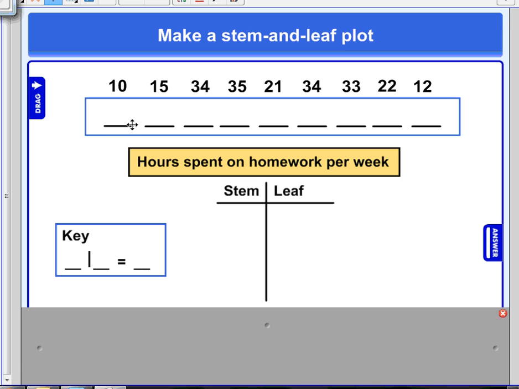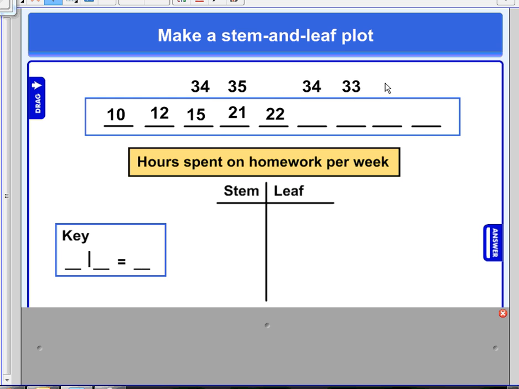All right, so here's what we're going to do. We're going to take this wonderful set of data and we're going to go through the process of making a stem and leaf plot. I have this set of data, and this is hours spent on homework per week. So we have 10, 15, 34, 35, 21, 34, 33, 22, and 12. And we need to put them in order from smallest to largest. Our first step is to put them in order from least to greatest. Our smallest number is 10. The next number is going to be 12, then 15, and 21,